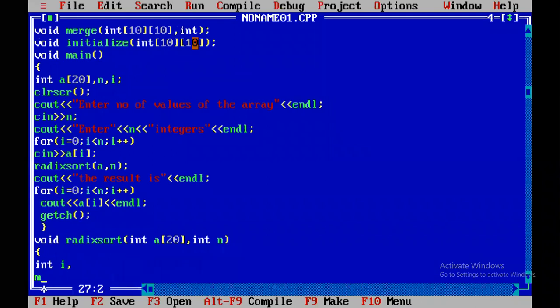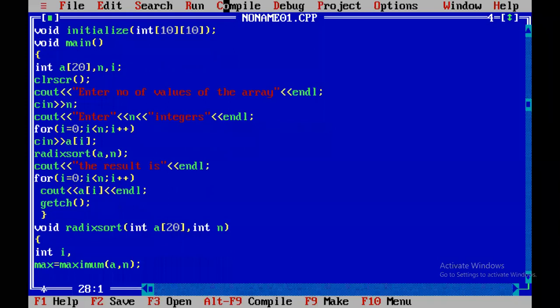First we have to calculate the maximum: max equal to maximum a comma n. Among all the numbers, the first part is to find the maximum. So by using this function, I calculate the maximum number and assign it to max.